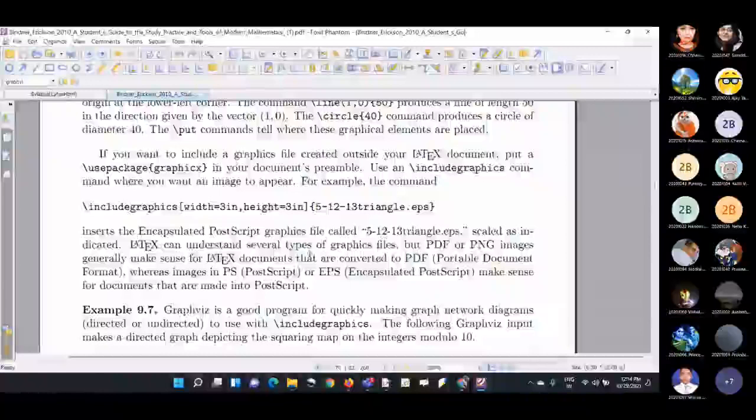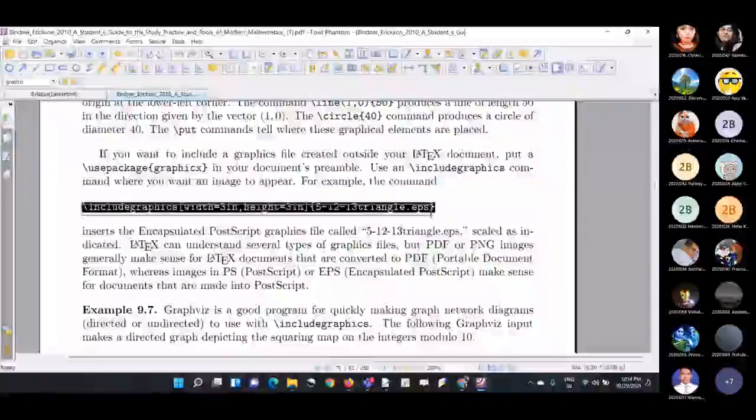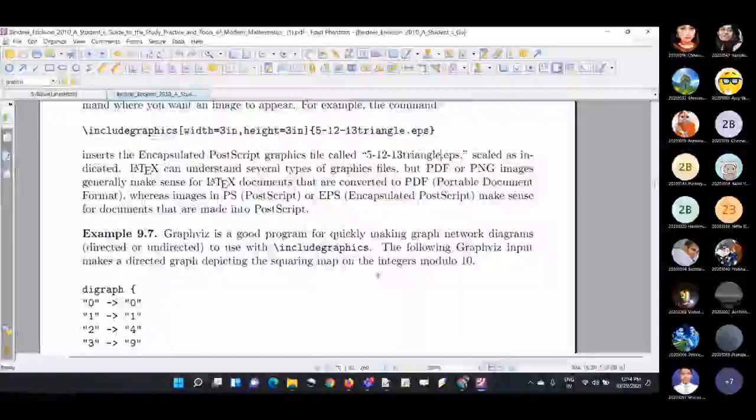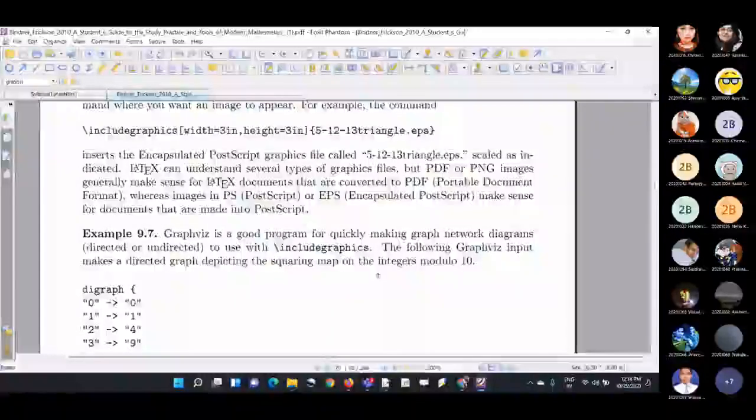But there are cases where we use external sources. Either we import or include a graph drawn outside of LaTeX, or if a ready-made graph or picture is there, we can include it using this command. Okay. So there is a GraphViz tool. This is especially used for